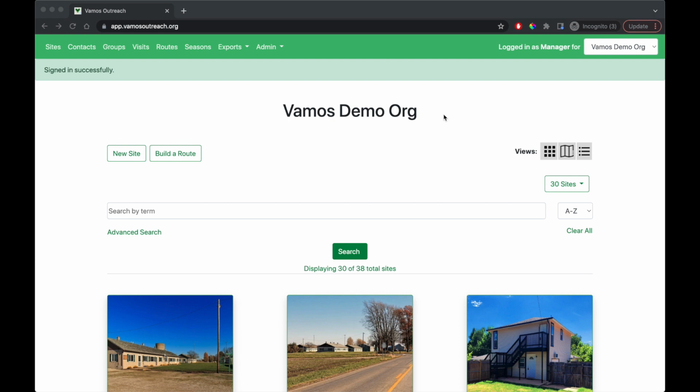You will mainly use the desktop app for planning your outreach, while you will primarily use the mobile app while out in the field logging visits. So when we log into Vamos at